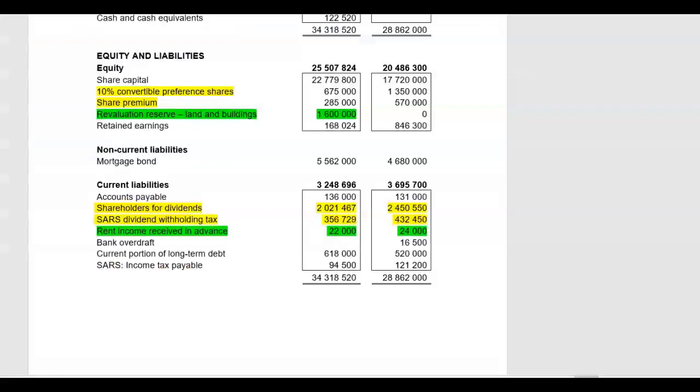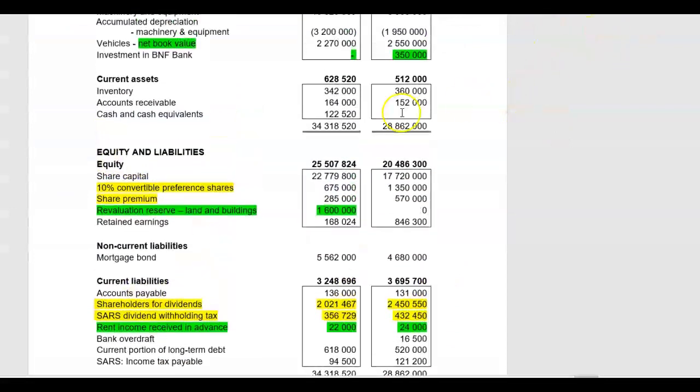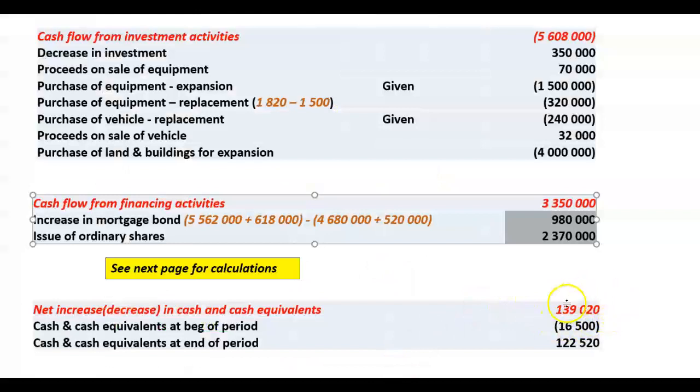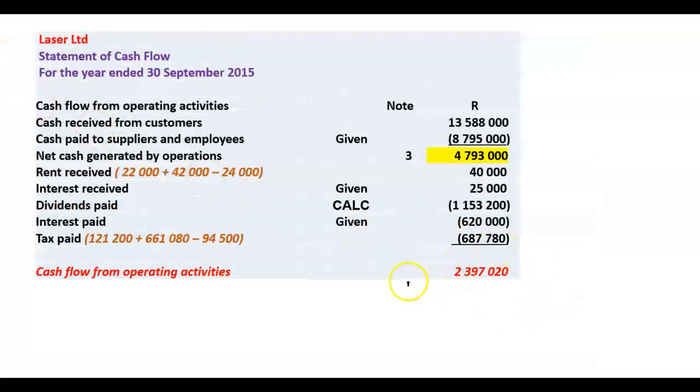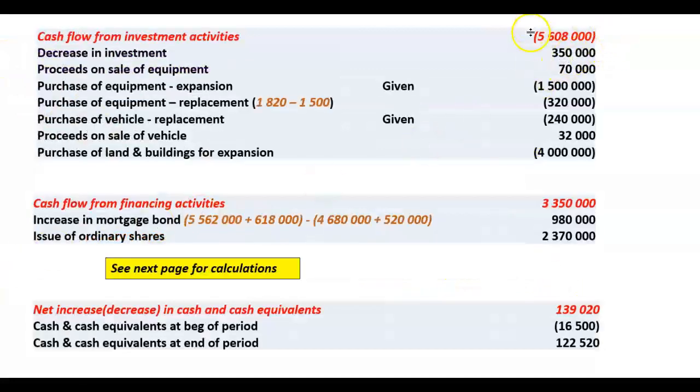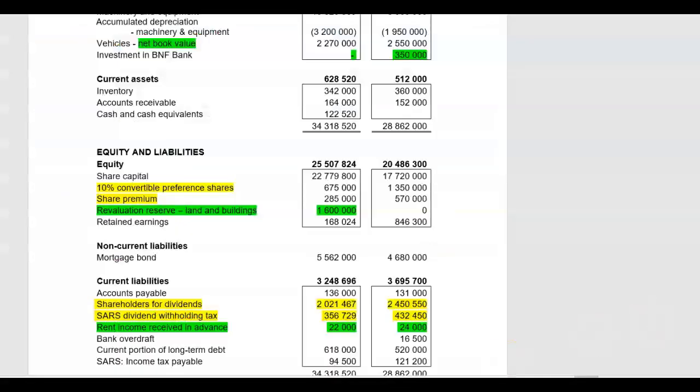Now cash and cash equivalents is purely what was our opening balance of cash and cash equivalents, which they gave us. I had an overdrawn balance of 16,500. It increased to a positive balance of 122,520. So if I add the two together, there was an increase in my cash of 139,020. Now I can check: 239,720 minus 5608 plus 3350 equals 139,020. The B part of the question, which is important,